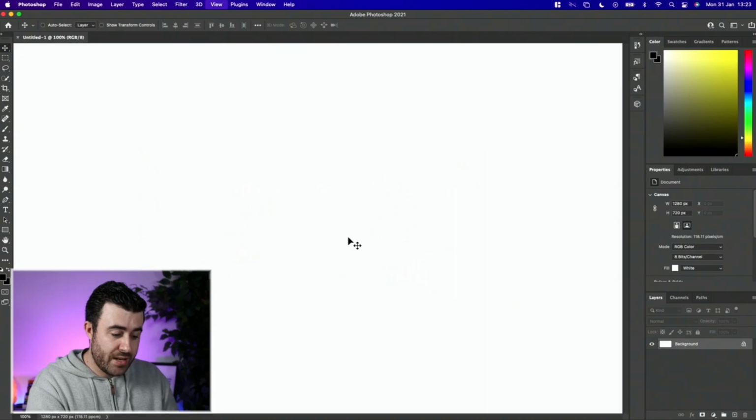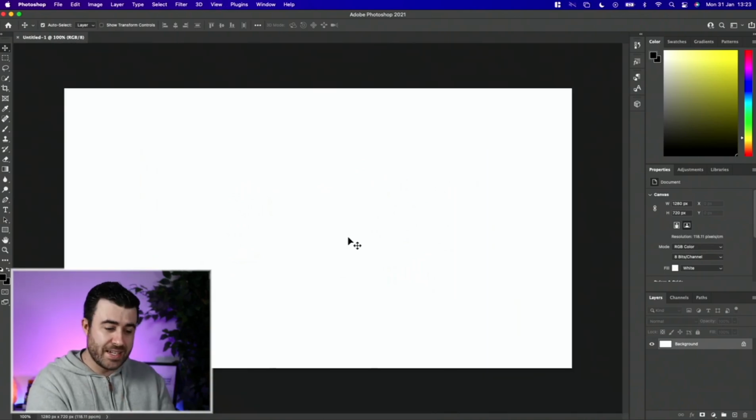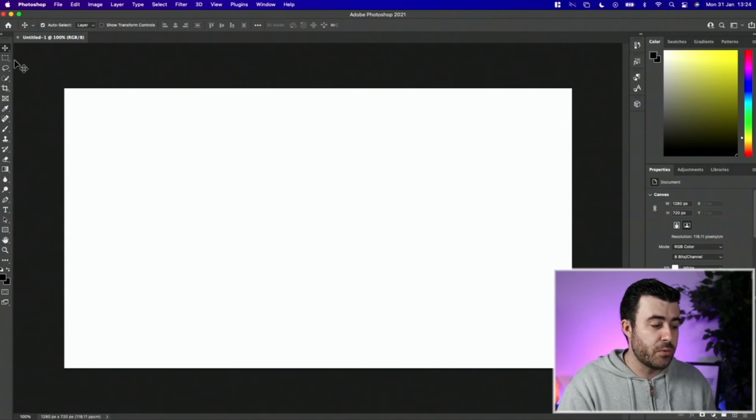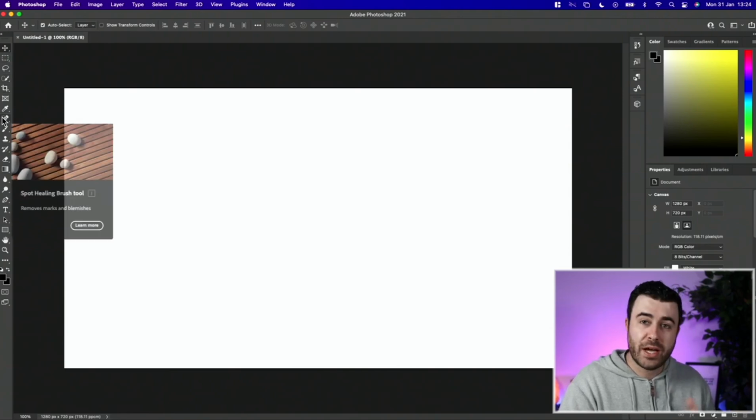We could zoom in to make sure we got the full size, but basically this is our canvas of work where we're going to be putting all of our images and text, and this is what is going to be printed out when we actually decide to export our thumbnail. Now, down the left hand side, what we have is our list of tools which we're going to be using